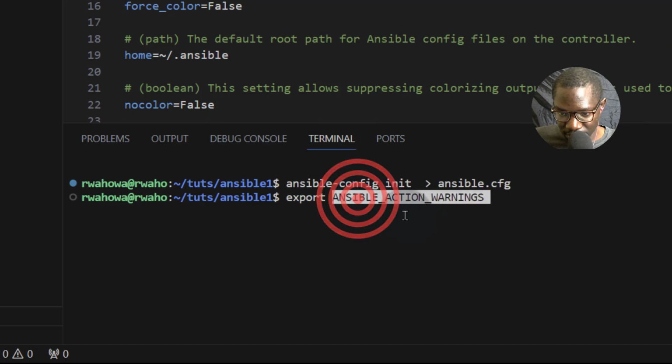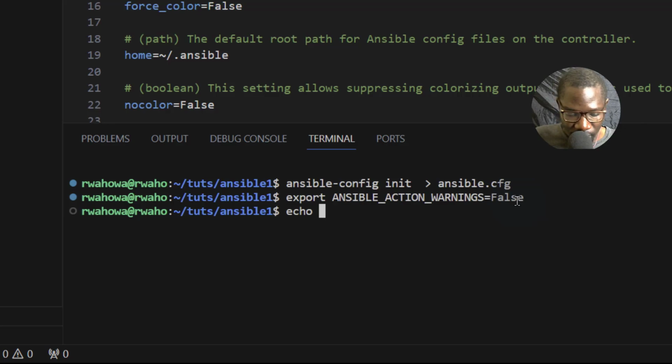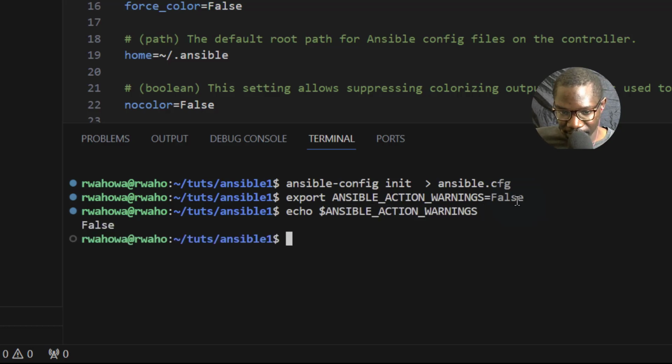Ansible action warnings is equal to, in this case, let's say false. So if we do this and press enter, and then we echo the current variable, you'll see that it will tell us that it is false. So just remember that if you set up an environment variable, it will override the value that you have in your Ansible file,